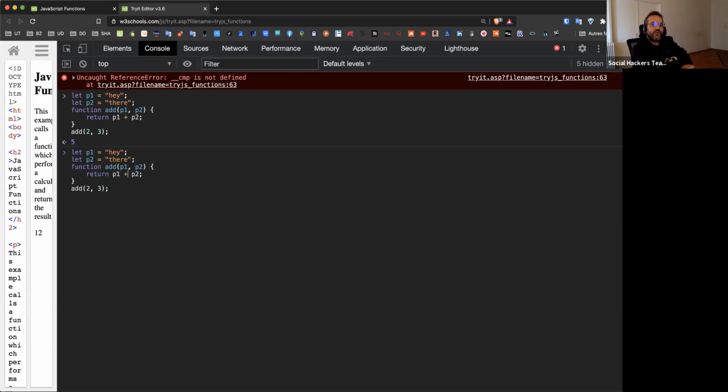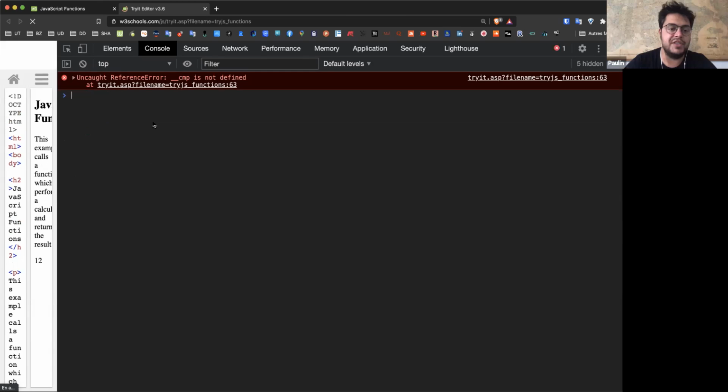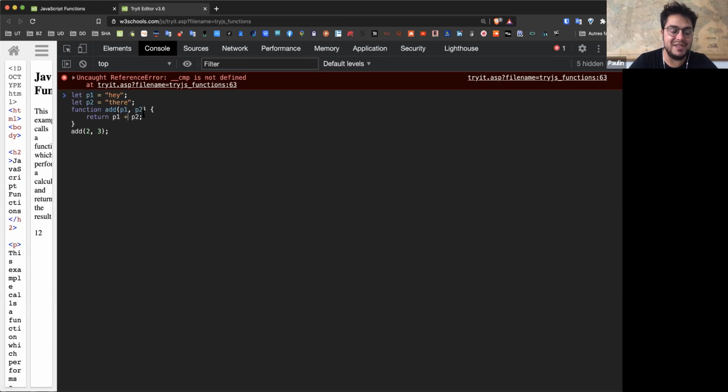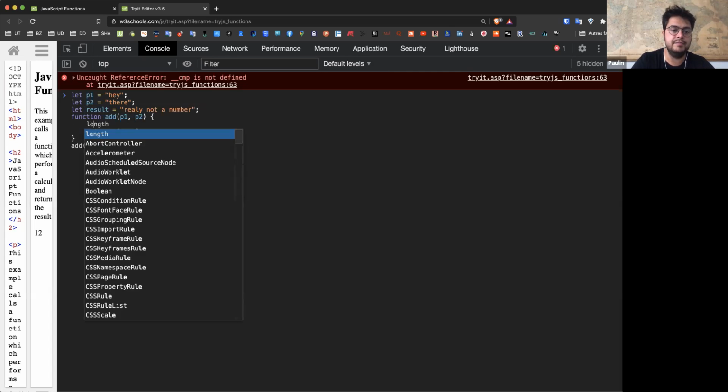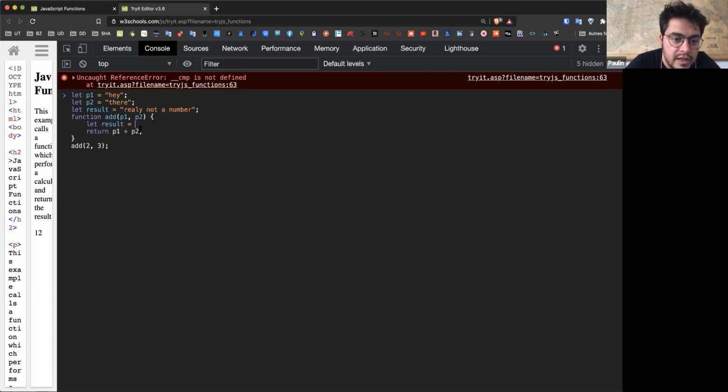Maybe you can add the local variable also in the add function, just because the example we have is a bit... Okay, maybe let's try something else. Yeah, let's do something like this. So result is... Okay, and then here I say result equals P1 plus P2, and then,